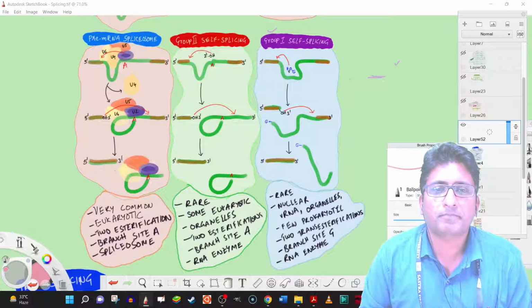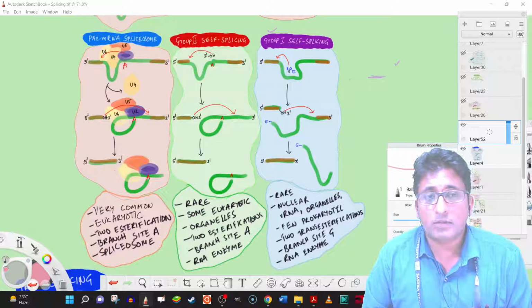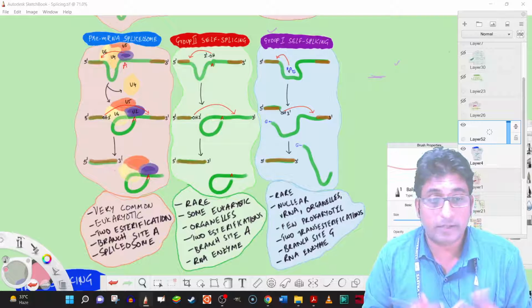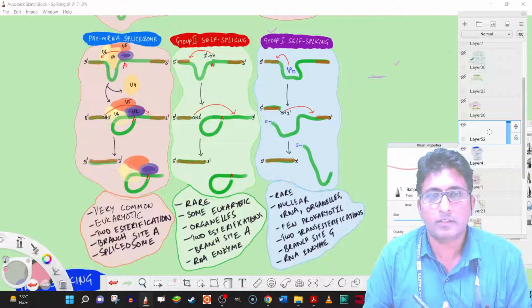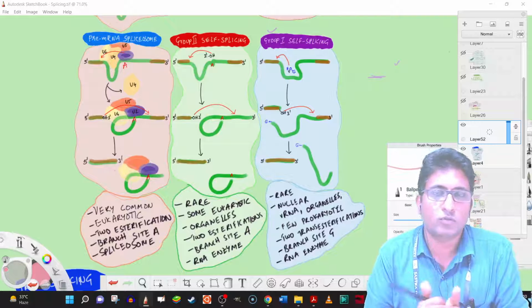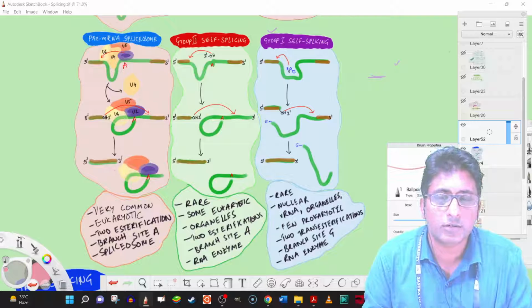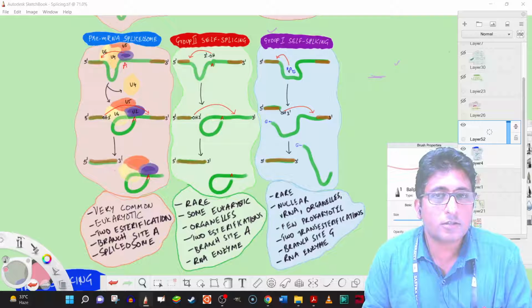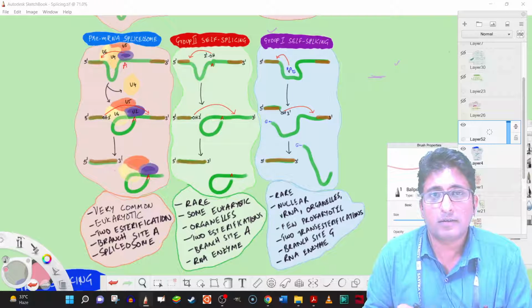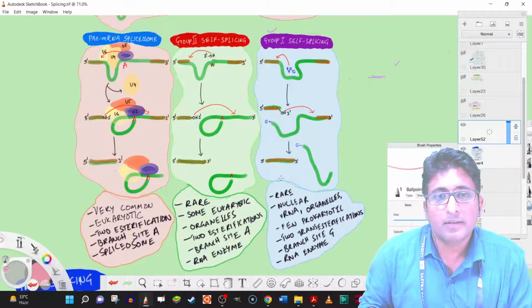Hello. We have learned about different types of splicing, the diversity of splicing machinery, that is pre-mRNA spliceosomes, group 2 self-splicing introns, and group 1 self-splicing introns. There is also another type of splicing, which is even more interesting, in the sense that